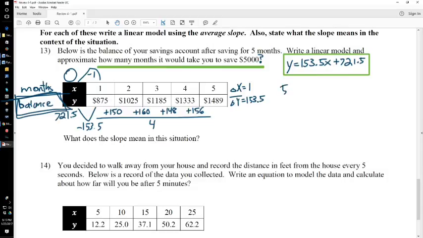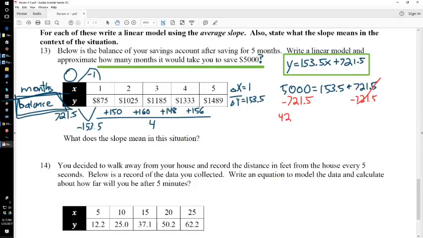So 5,000 equals 153.5x plus 721.5. So we'll start this way. Subtract the 721.5 from both sides. 5,000 minus 721.5,